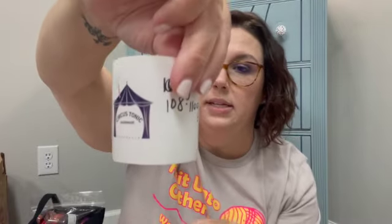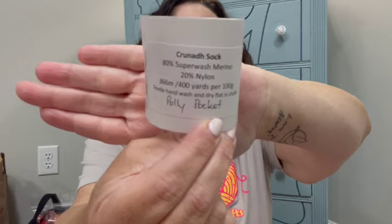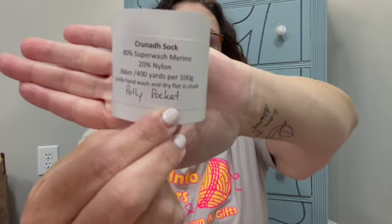And this is, I don't know how to pronounce the name of the sock base, so I'm going to show that to you. It's 80/20 Superwash Merino Nylon, and this is the Polly Pocket colorway, which I love. I'm an 80s baby, 90s kid, so I do love Polly Pockets, and my girls are into Polly Pockets now. So that is the cake of yarn, and I'm just through the cuff